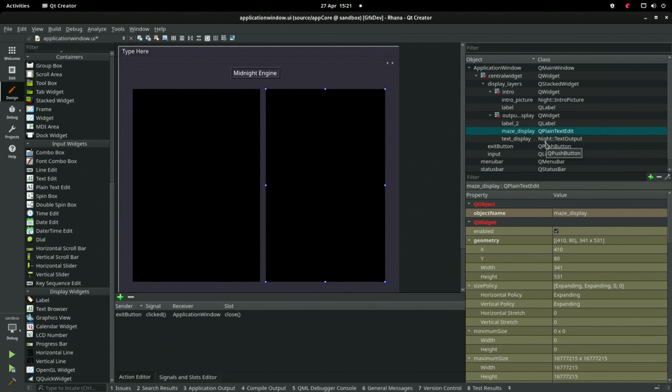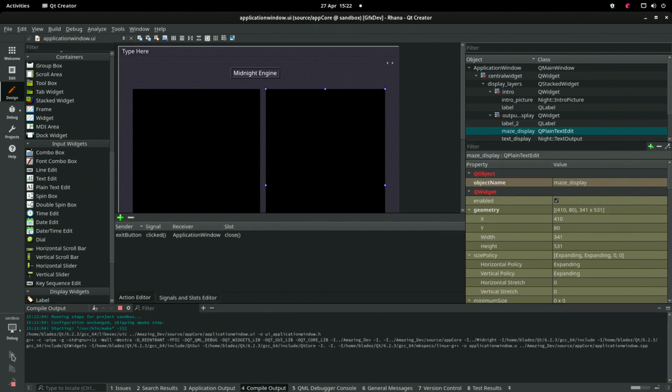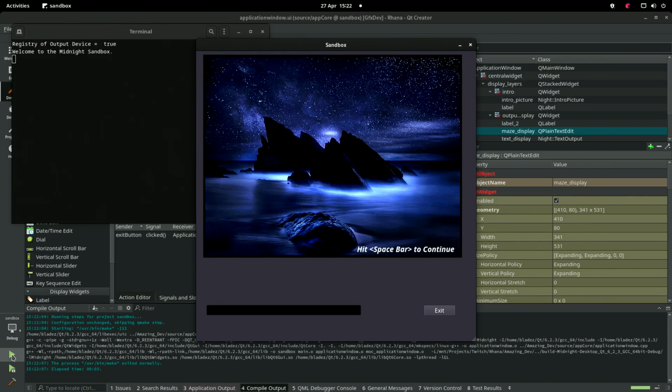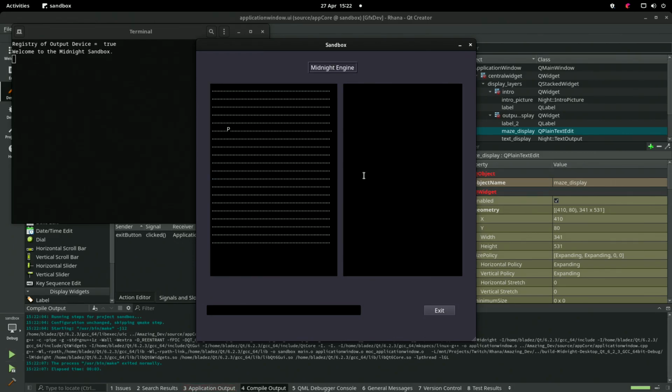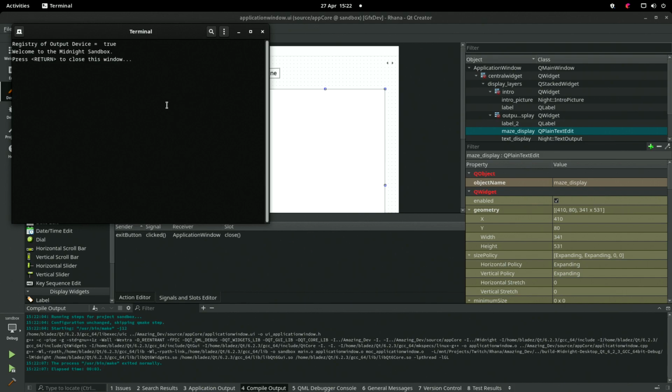That might be a good idea. We could namespace this. You can test this, by the way. You just press click. There you go. We now have our display blank and empty. Works perfectly. Not a problem with that.